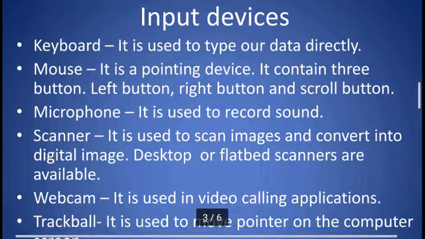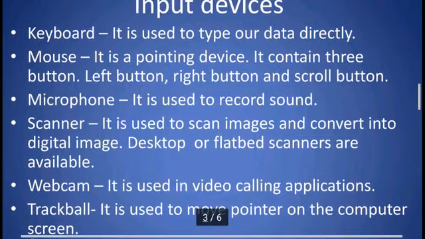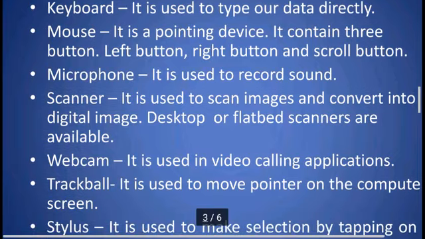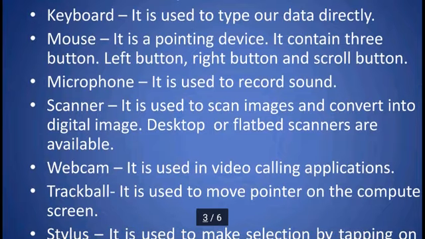And the microphone: if I want to record my voice and sound, the keyboard and mouse are not suitable, so to record my voice I will use a microphone. Then suppose I have a photo and some documents that I want to store in computer memory.